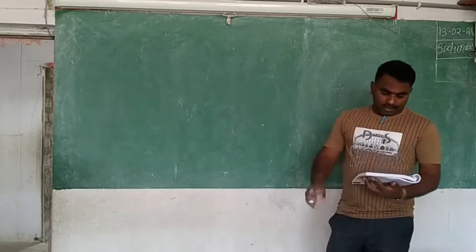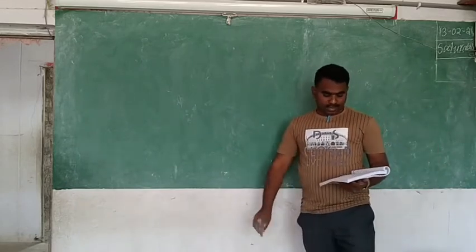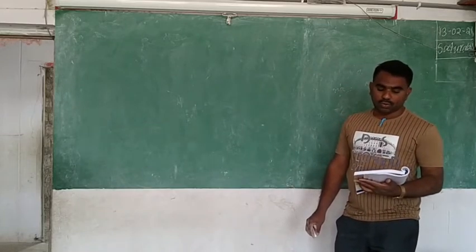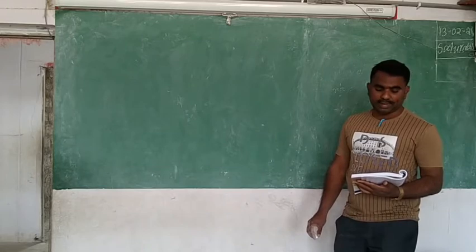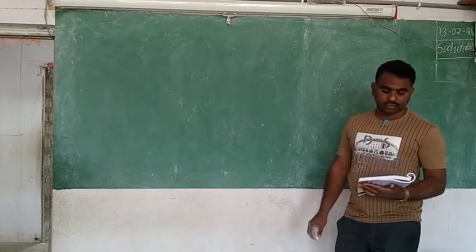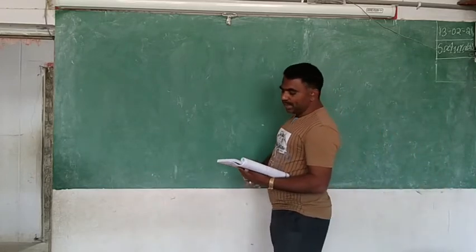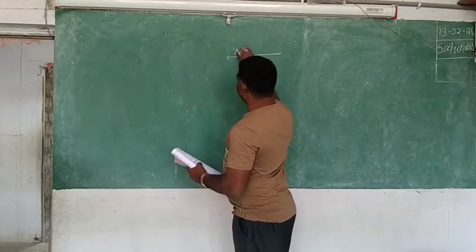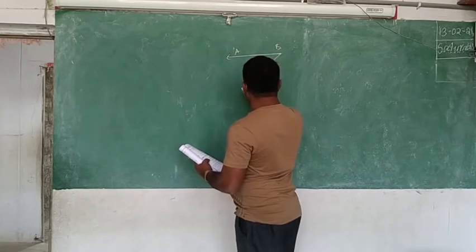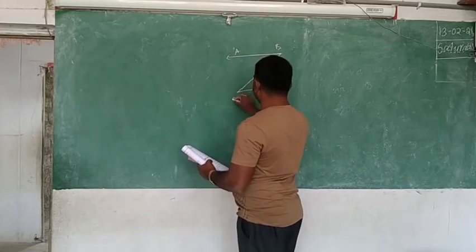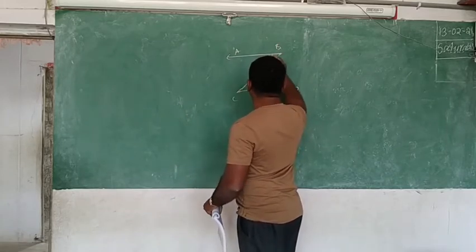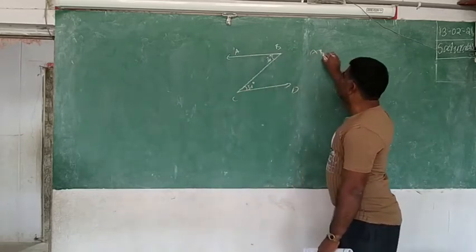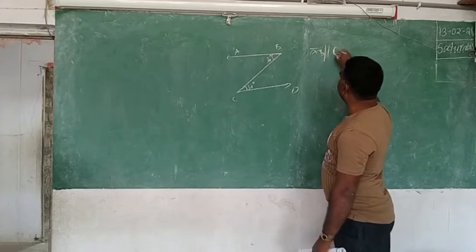Okay, one example is there that we have discussed in the example on page number 85. In the figure given below, two angles are marked as 30 and 30 each, and he is asking: are AB and CD parallel? So this is A, B, and it is C and D. He said it is 30 degrees and it is 30 degrees. Is AB parallel to CD?